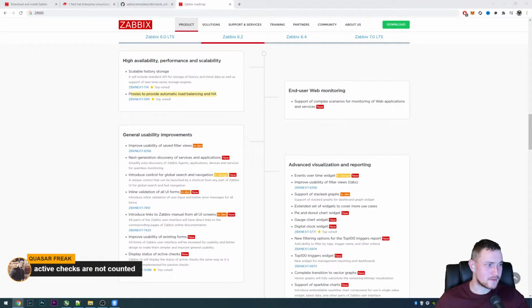Active checks are not counted. Yeah, so there we go. That's purely counted from the database entry update interval field. And as an example, with log monitoring, you could set it to 5 seconds as a best practice, but it doesn't mean that you will receive a value every 5 seconds. That's why it's only a calculation, and you should rely on the actual data in the graph, Zabbix server performance.